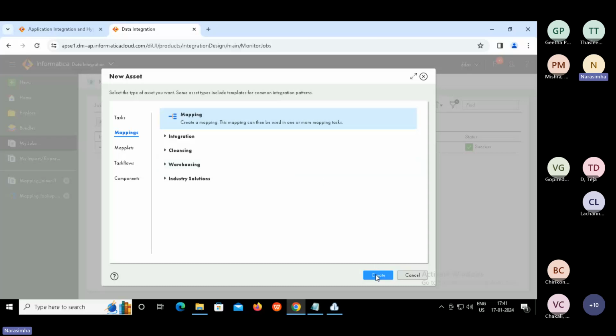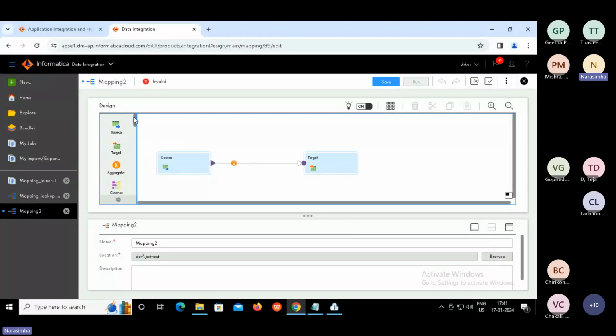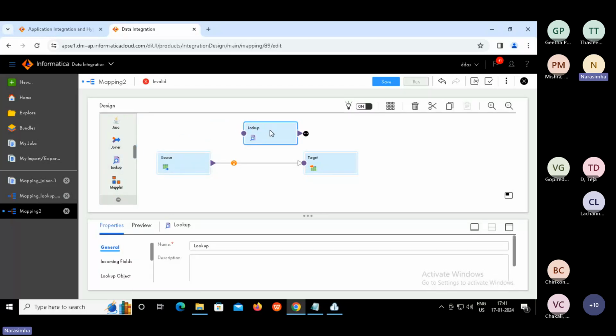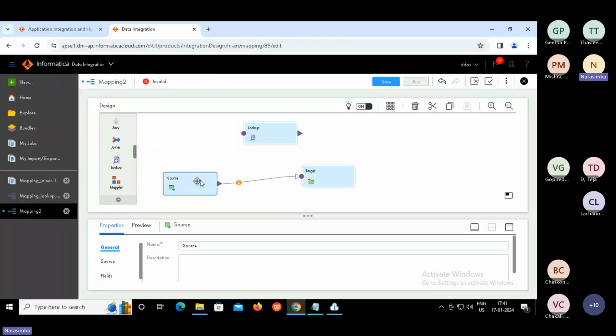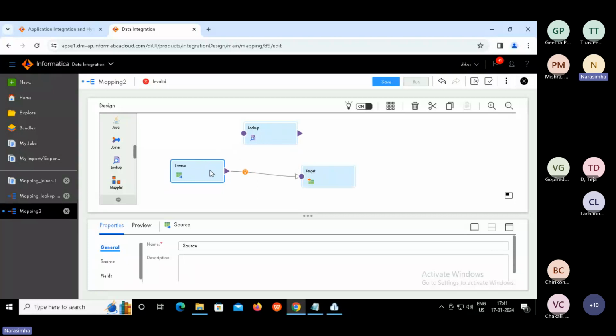Then say create. The first thing we need to do is configure the lookup transformation and make it unconnected. How? Let us see that. This guy will act as either an orphan or zombie, because it's independent and does not have connectivity with other transformations in this mapping workspace.